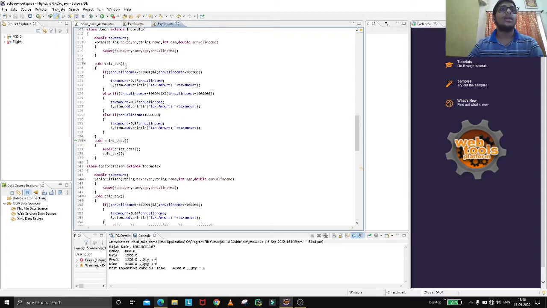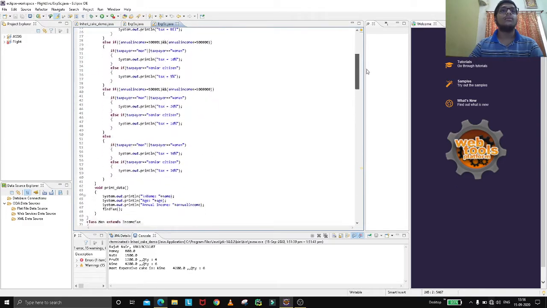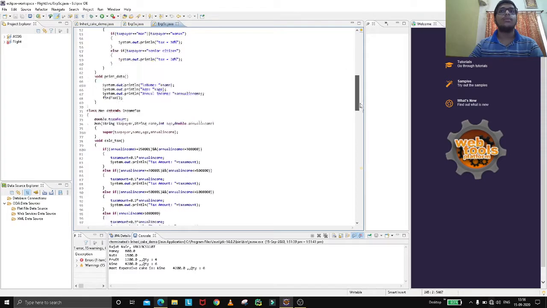For calculating tax we have multiplied the annual income with the percentage provided in the range values to get the tax amount paid. Now we have to print data for the same. So we have called super.printData, because printData is from the main class, that is the IncomeTax class. So name, age and annual income will be printed from printData.